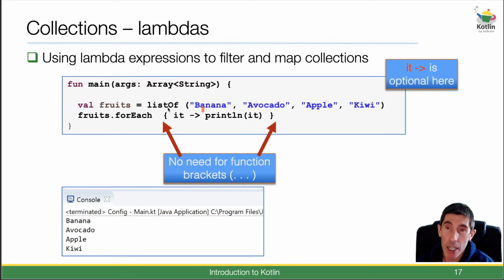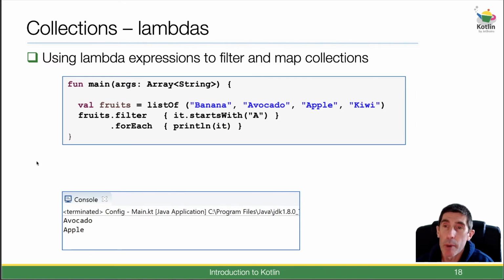And then that's, as I said, your parameter, so to speak. And here we have our code body, what we want executed. We want to simply print out the current element inside fruits as we navigate through it inside our higher order function forEach. So what we get down here is banana, avocado, apple and kiwi. But as we previously said, if we're only passing in one argument, we can actually leave that out. Okay, so if we look at the next example,